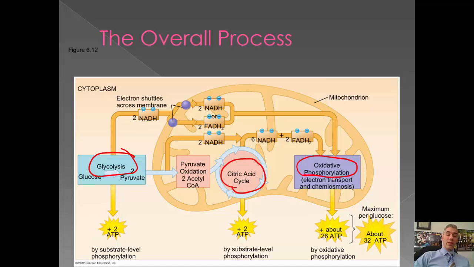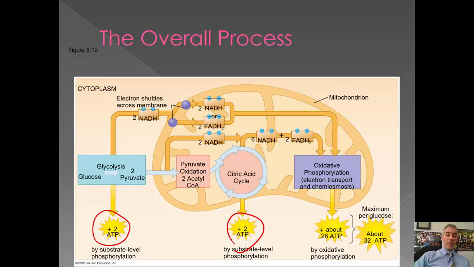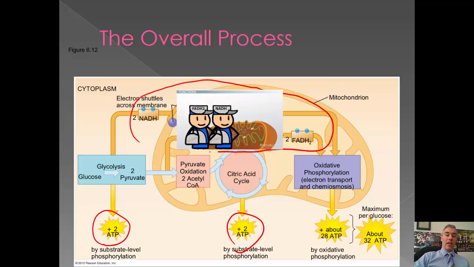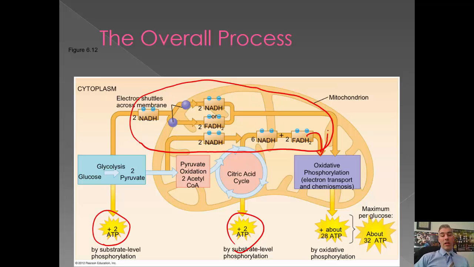Now, notice that initially we create a little bit of ATP down here. 2 and 2, 4 total ATP, not very much. But what we get out of glycolysis in the citric acid cycle are all of these electron carriers, NADH and FADH2. Those are going to be used, as you can see, they're going into this last process to generate a